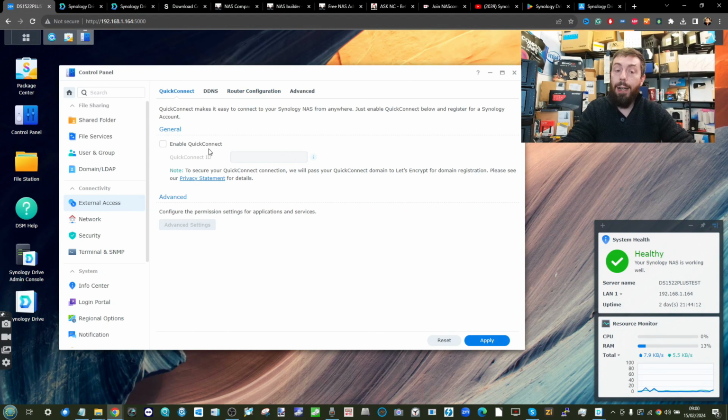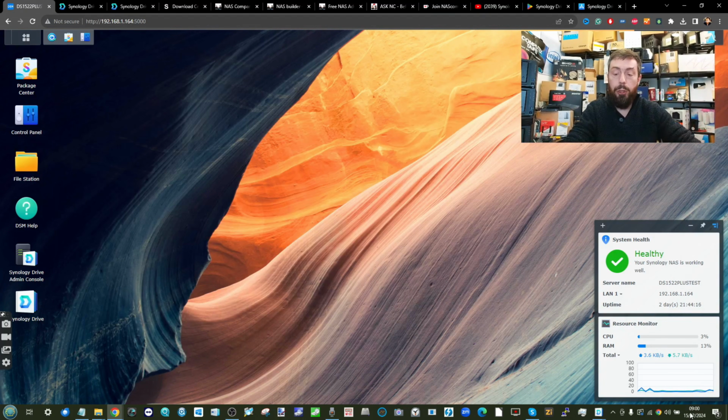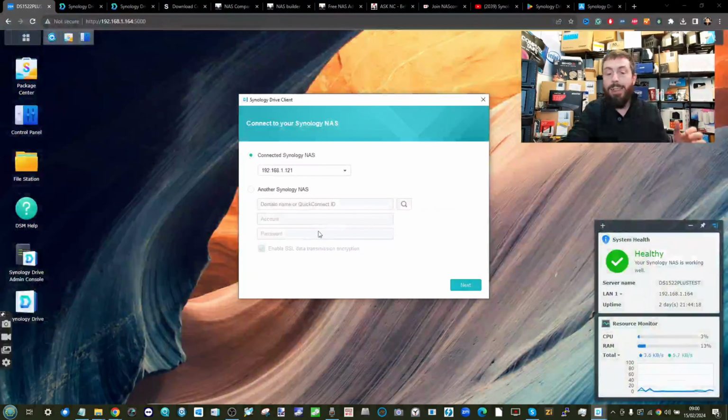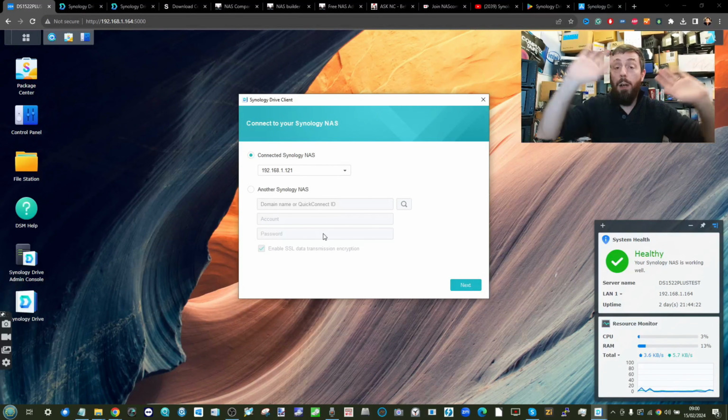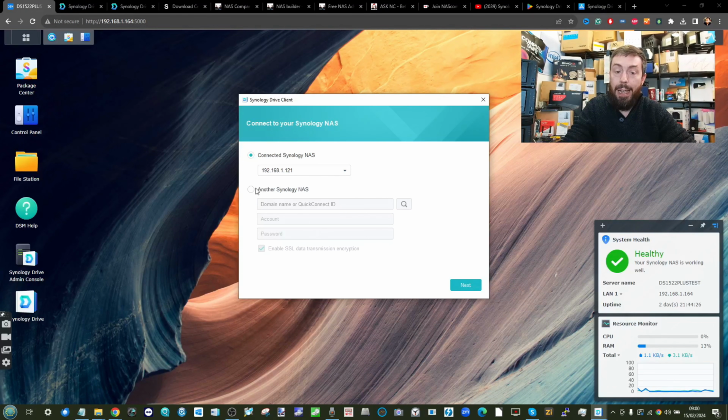When doing so, it will allow you via Quick Connect to synchronize with this NAS remotely if you choose to. However, if you only intend to allow the local area network to synchronize with the NAS rather than remote access, you can go ahead and just use the local IP. Now, at the moment, that's a NAS that I've already got in my local area network,